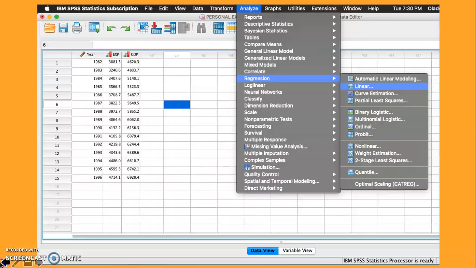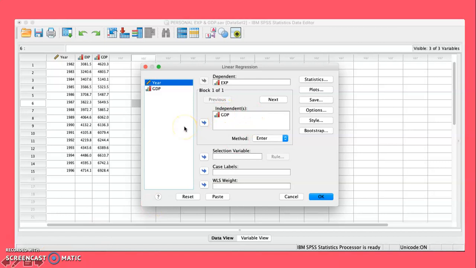When you've clicked on these, this box will pop up. Then you insert your dependent variable in the upper box, that in this case is personal expenditure. Then GDP is the